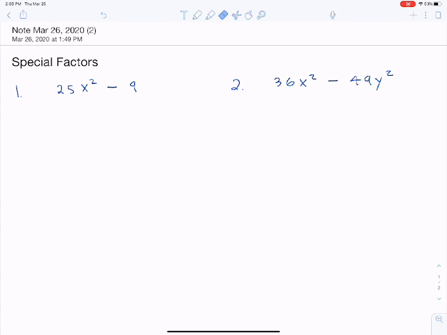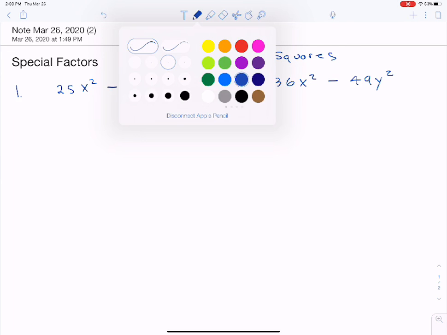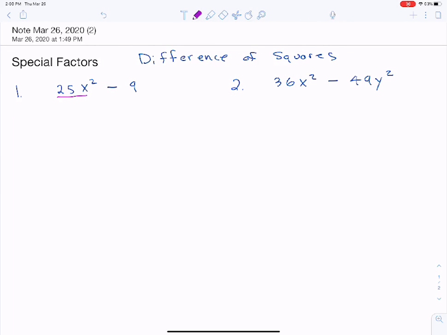So the two blue ones below are difference of squares. And a reminder on how you tell. What we do is we look at the first term and we say, is this a perfect square? Yes, it is. Is this a perfect square? Again, yes, it is. Are they put together with a difference sign? Yes, they are. Okay, if all three of those things are true, then you have a difference of squares. And what you do